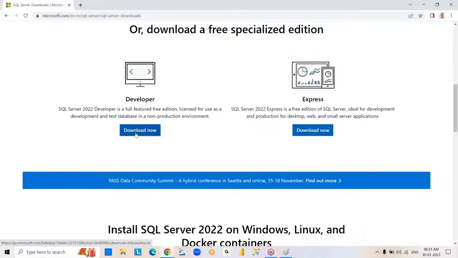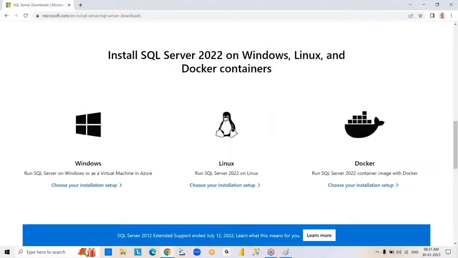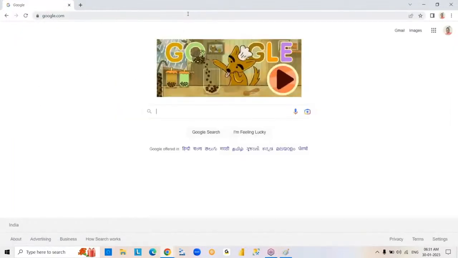If you click on this download button, download under developer, but not Express. See that here it is showing developer edition, Express edition. Even this developer edition is also trial version for us, practice purpose only. Okay. So you can download it and install. Okay. Now, an installation video I will share. Next, after completion of the SQL Server installation,